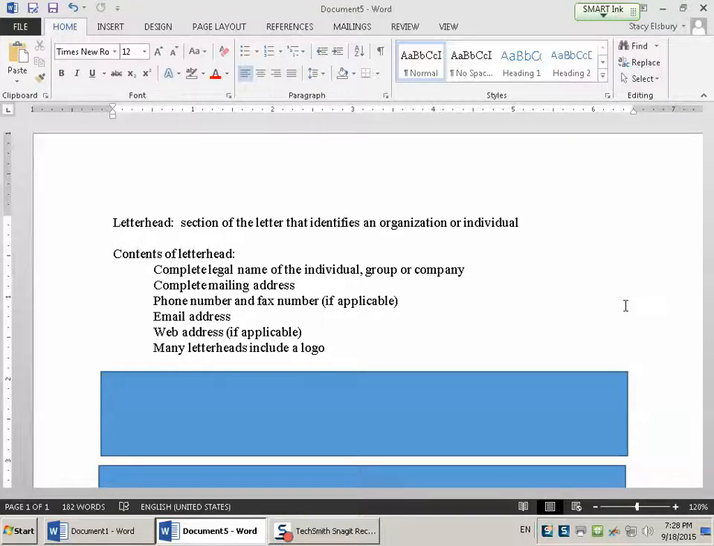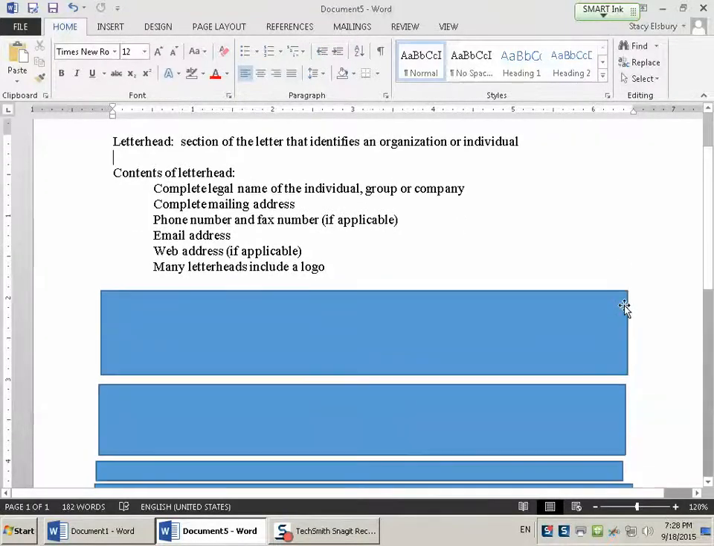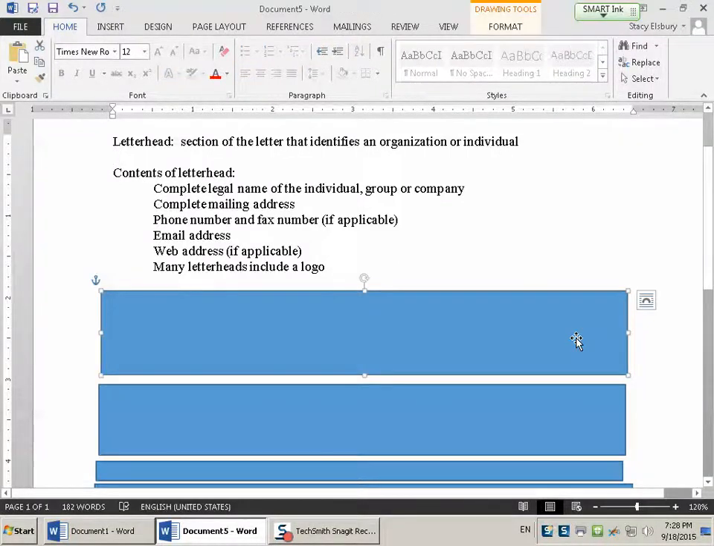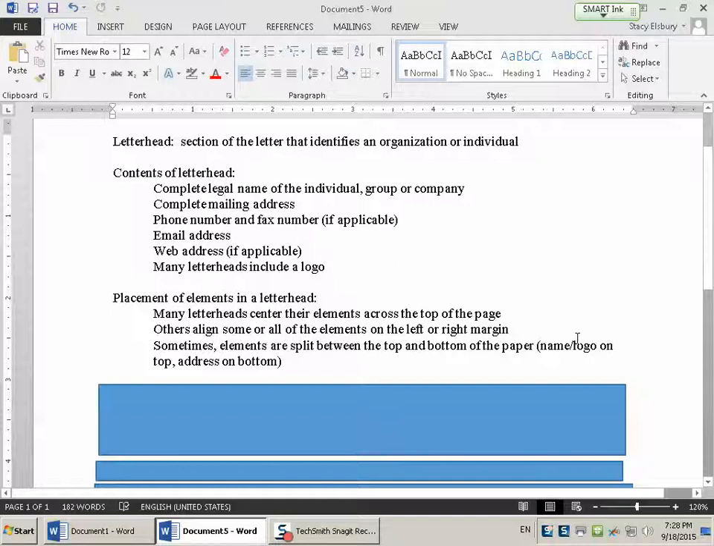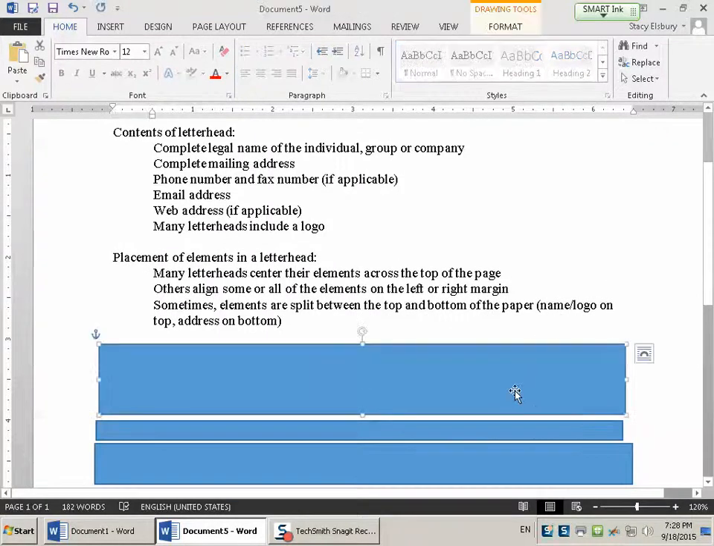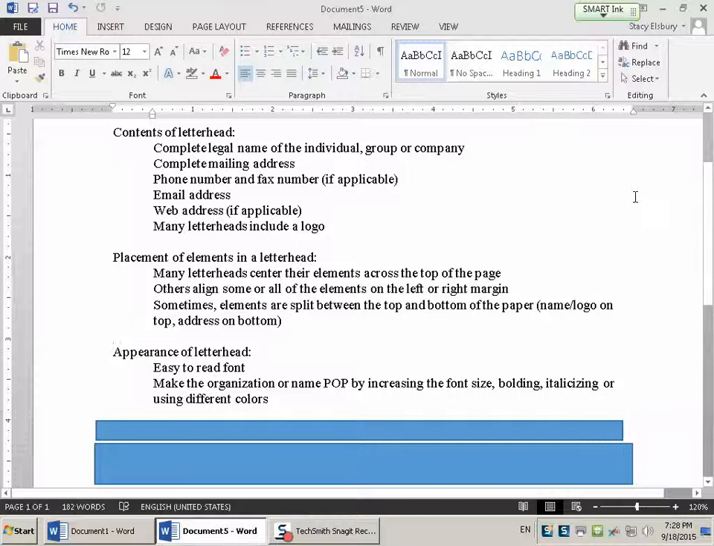include a logo. Now, I told you earlier that many letterheads are at the top of the page, but that's not always the case. Sometimes letterheads can be on the left or right margin, and other times people will choose to split the letterhead between the top and the bottom of the paper. So maybe, for example, the name and the logo go on the top and then the address goes on the bottom. So when you're creating your letterhead, you want to make sure that you have an easy to read font and that you make the organization or name pop by increasing the font size, perhaps bolding, italicizing, or using different